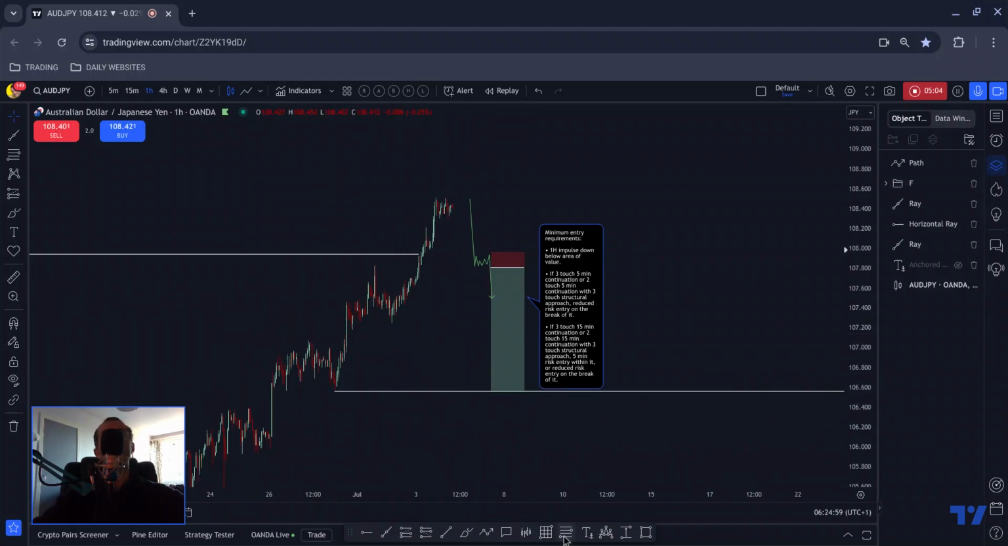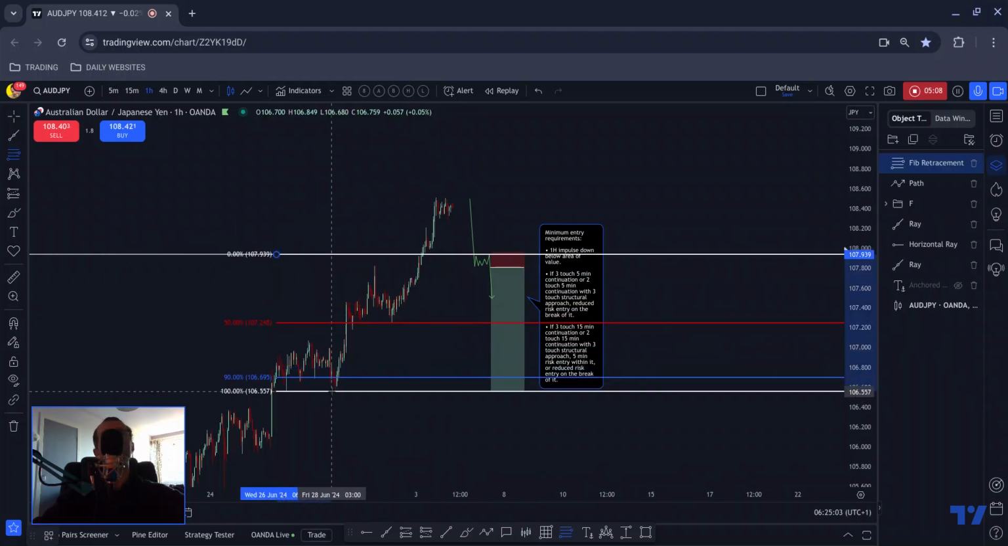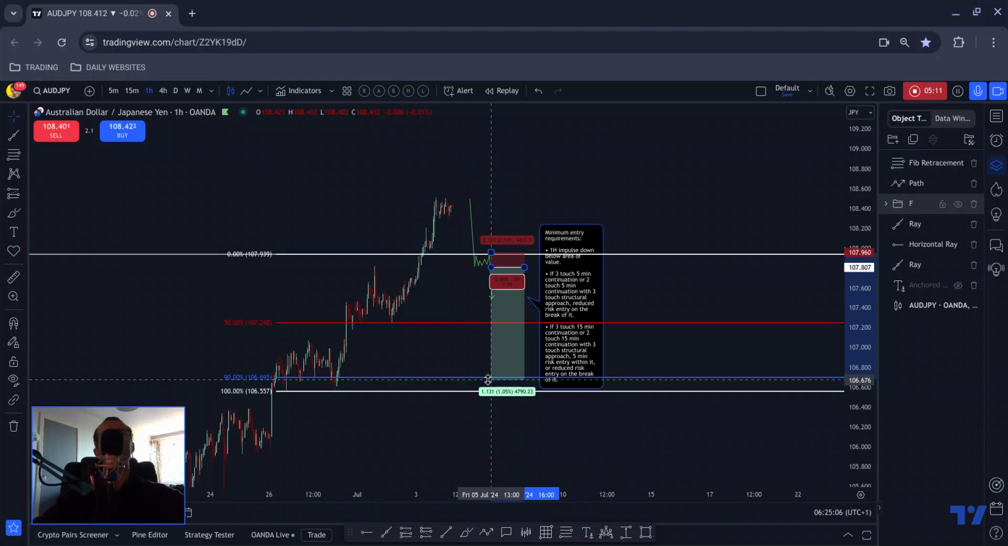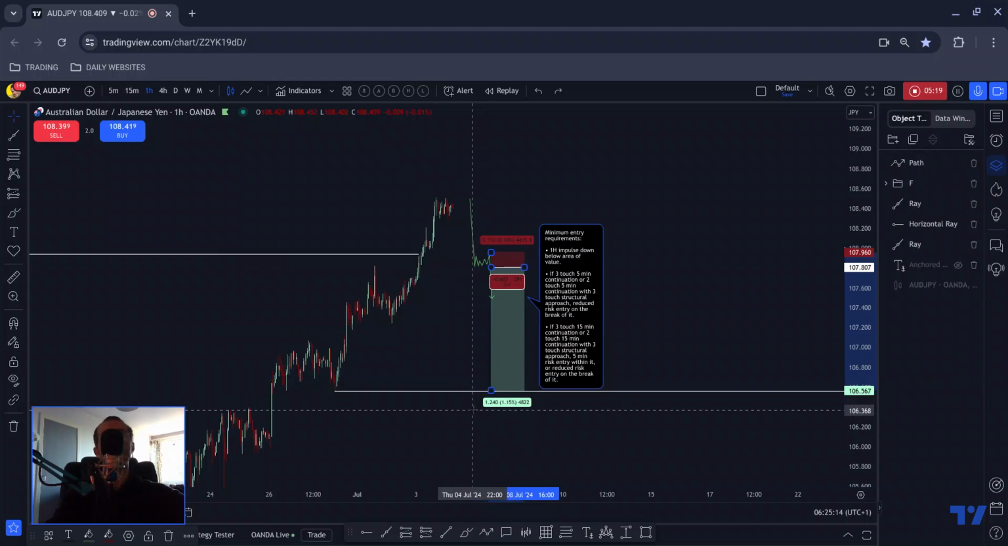Okay, and then I would use the mechanical management tool to measure it from that range to there, and I would trail my stop loss at the same time as letting price potentially take profit. Okay, so that is